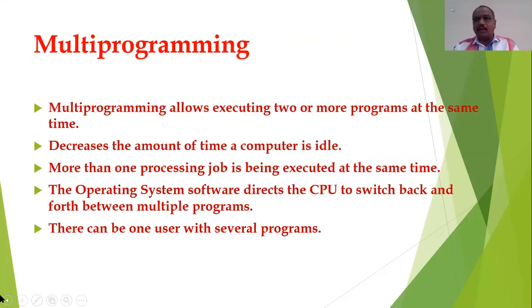We have different programs, and we perform these different programs simultaneously. I can give you an example. In a student information system, we have personal data, which is a separate system, and the financial system is separate, isn't it? Now, the student knows only one thing: I am entering the data in the student information system. But what is happening? Multi-programming is happening behind the screen. So multi-programming allows executing two or more programs at the same time.